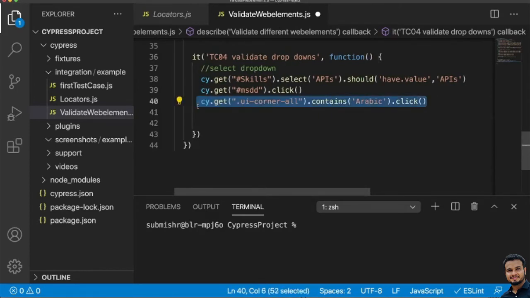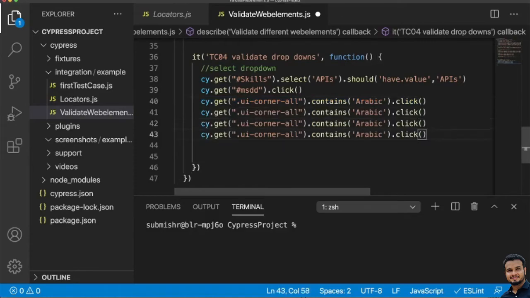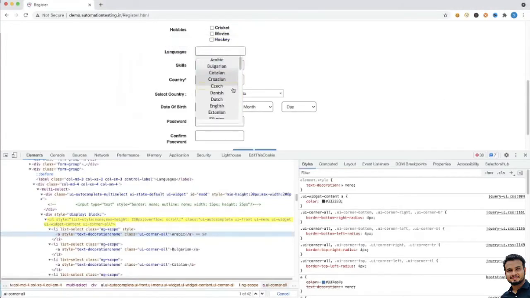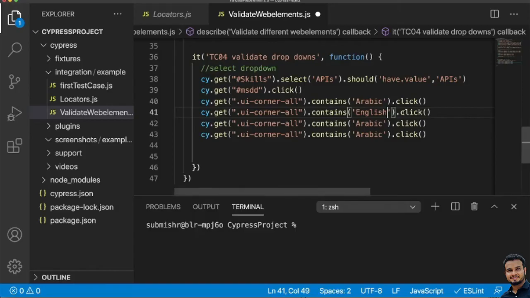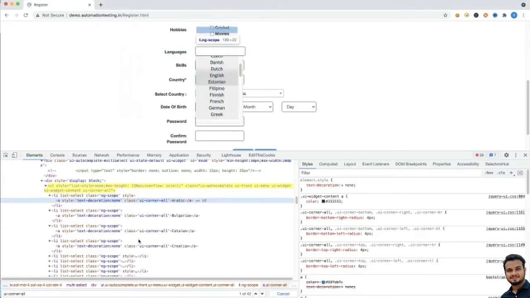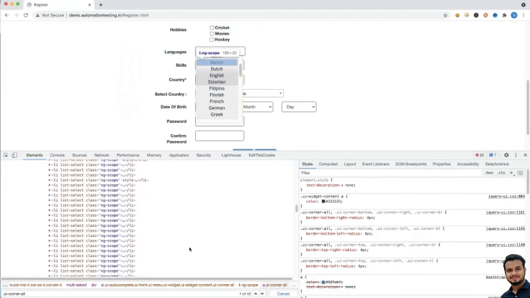Similarly, if you want to select multiple languages, just copy paste, and here for example you want Arabic, you want English. So here I will write English. Then for example you want French, I will write French. Give the exact spelling of what is there.